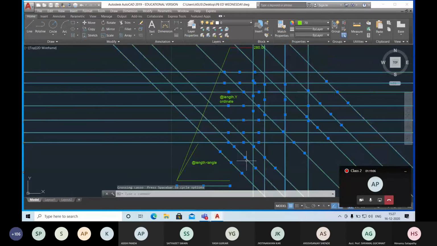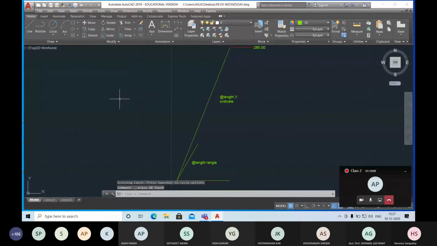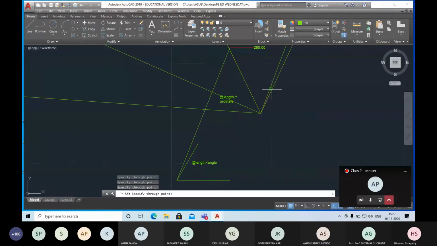You can select the lines, you can delete the lines. These are your X lines. The fourth command is RAY. These are the line group. You can draw with the ray command. In the ray command, you can find the starting point. You could not find the ending point. You can see the starting point is there, but there is no ending point.